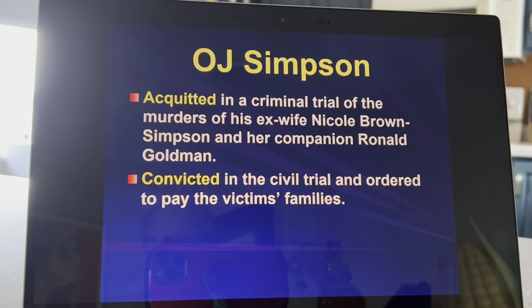So he goes free. However, Nicole Brown Simpson's family and the other victim, Ron Goldman, his family then sued him in civil court and they won, okay, because the burden of proof was less. However, that gives the defendant time to basically transfer all of their assets and say, oh, okay, you won. I'm supposed to pay you $10 million. I'm sorry. I don't have any money. Whoopsie-daisy. What am I going to do?